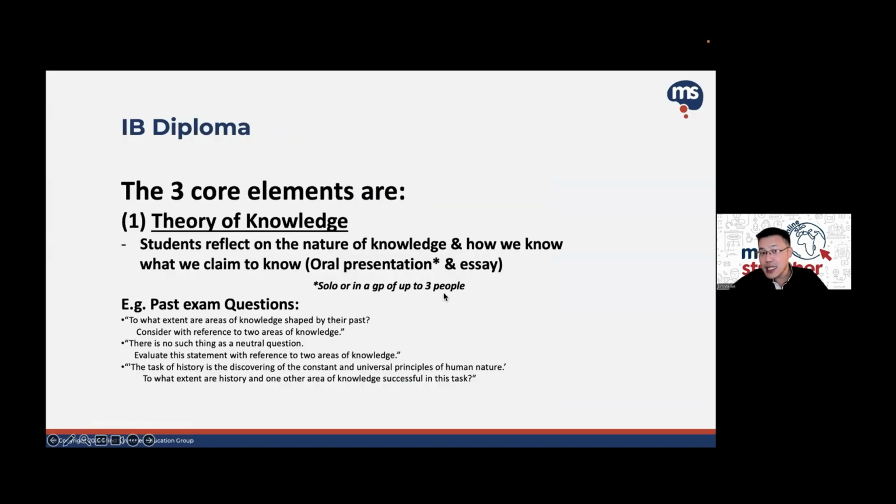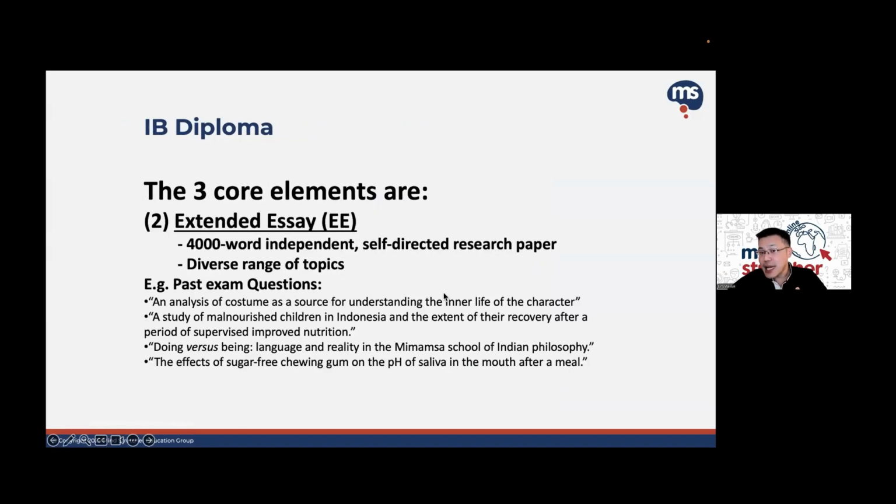So maybe I'll touch a bit on the extended essay. It's really like a self-directed research paper that students have to do. And this one is very different. Because why? Because in A levels, you won't see something like that, right? In A levels, there is no such thing as a research paper where you have to identify a theme, a topic that you want to go into, and then you write a paper on that. I think for the parents here, you may be quite familiar, for those of you who have studied in universities, where you have to write papers and everything, it's like that, right?